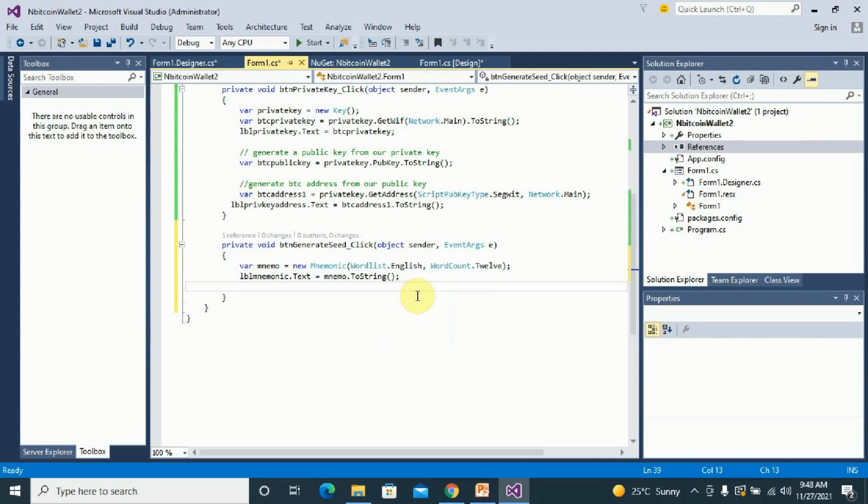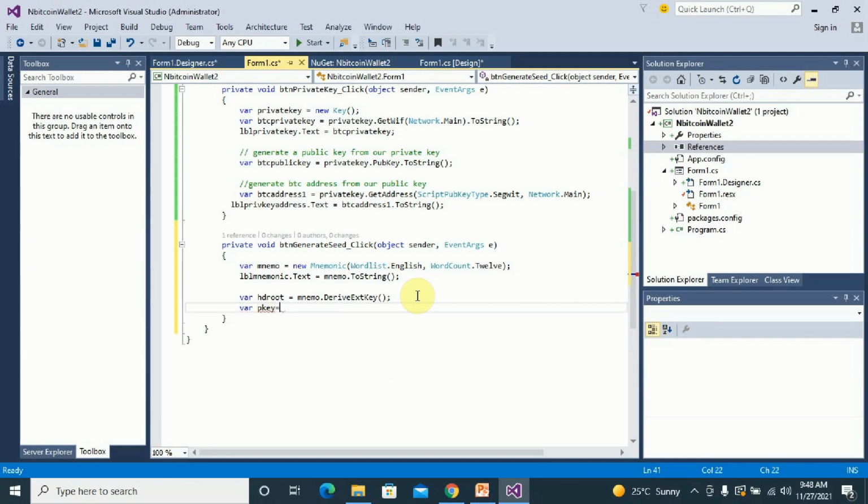Okay, now to generate the address is simple. We first of all derive the external key, which we do by saying hd root. Just declare a variable, call that hd root, and then we derive the external key from there. Then using the hd root, we use the key path and the index to derive the address that we want. So just say variable